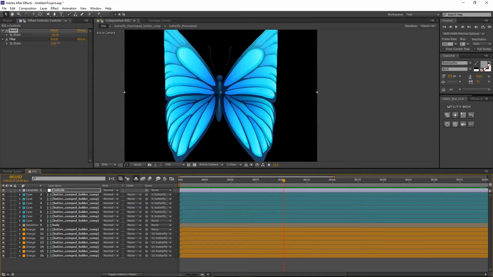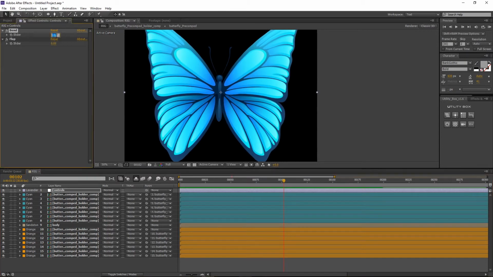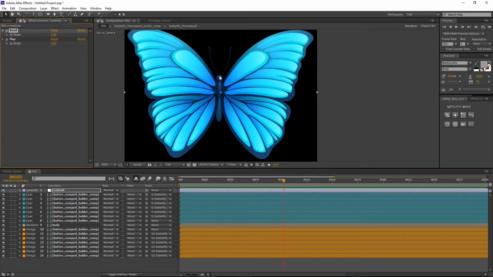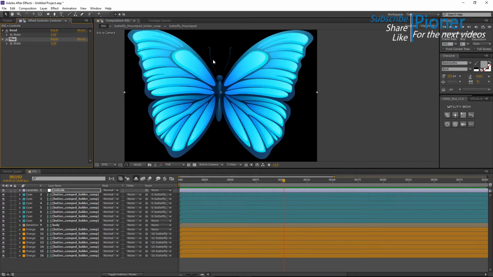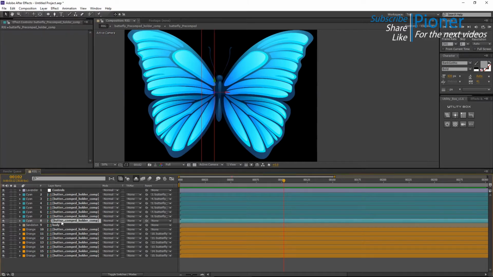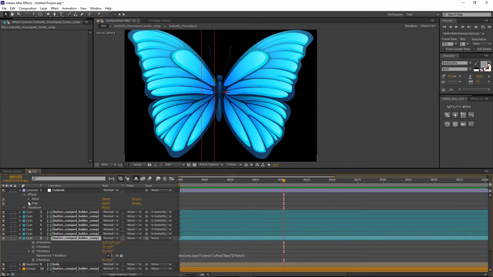So pretty cool, and this will help add a lot of elasticity and just create a more organic and natural animation to our butterfly flap. And let's take care of the actual flap right now. And what I want to do with this is let's grab this 8th layer here, which is the first layer in our chain. Let's go to our rotation, and let's go to the expression here, and let's prepare our flap